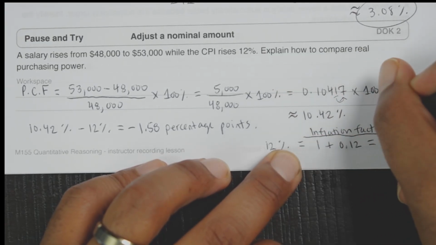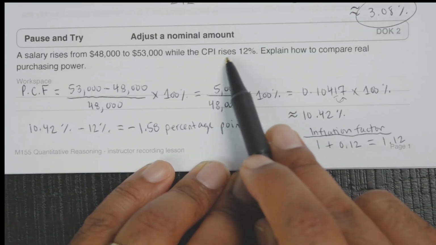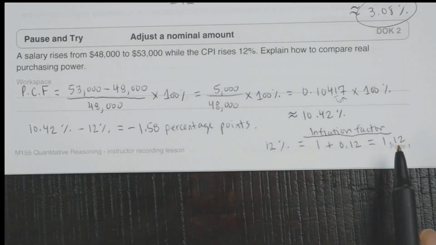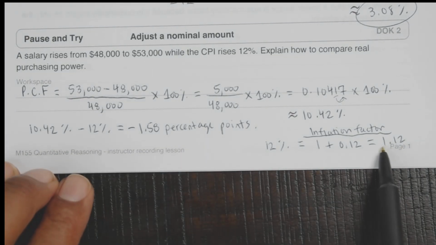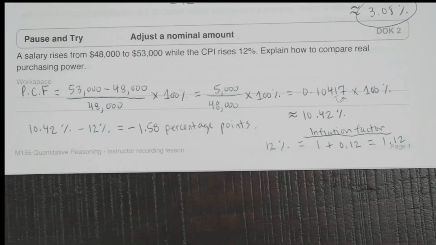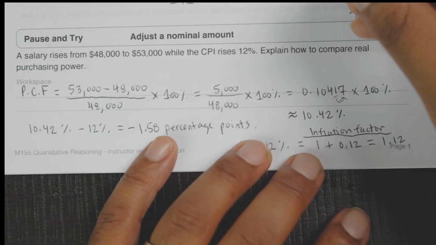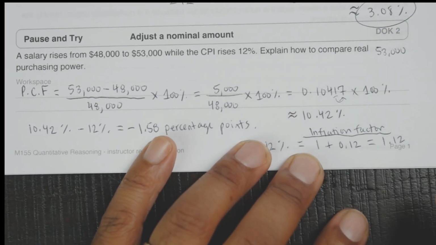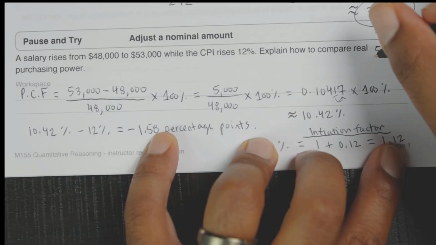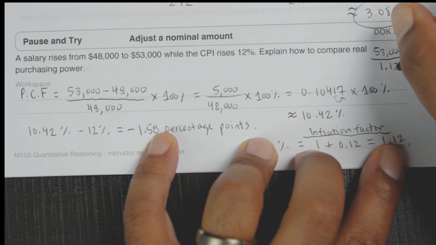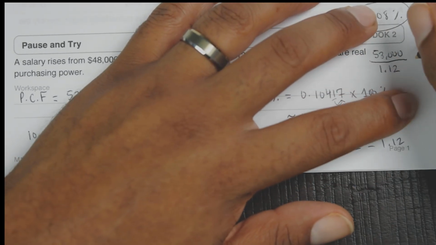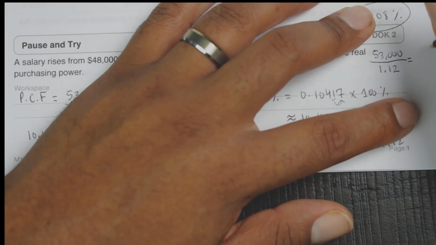So if the CPI rises 12%, the inflation factor of 1.12 is going to be used to see what actually happened. The real salary is 53,000. So what we would do is divide that by 1.12, which is this number here. So the real salary would end up being